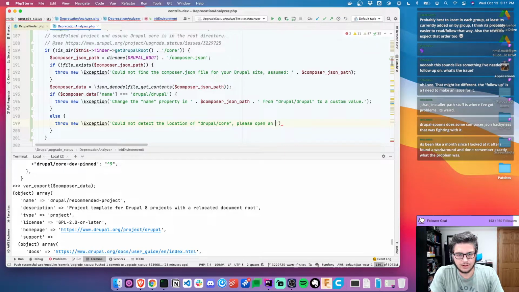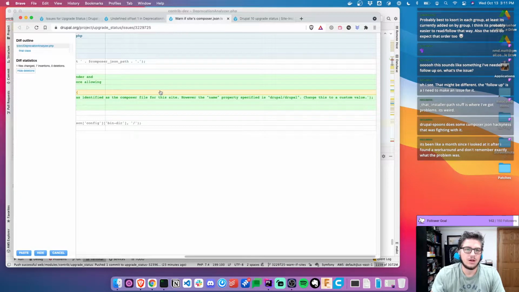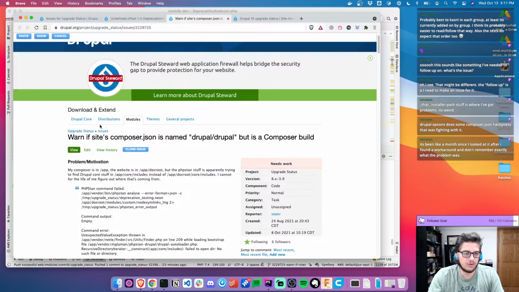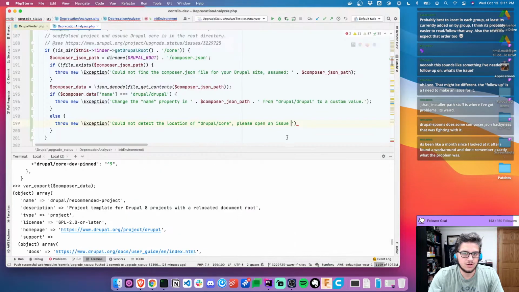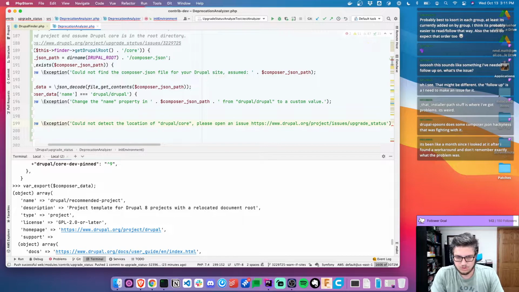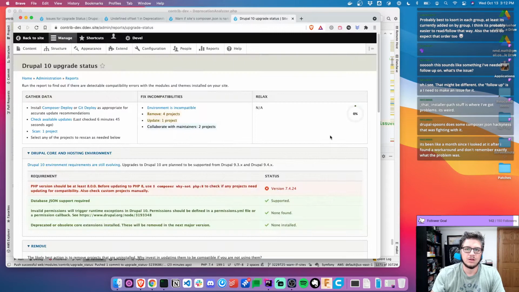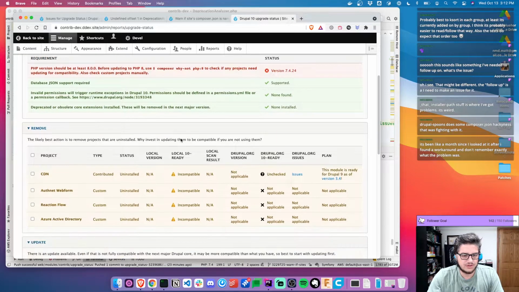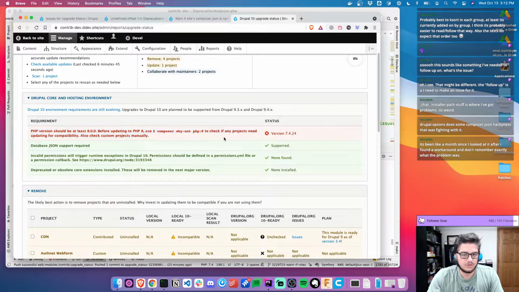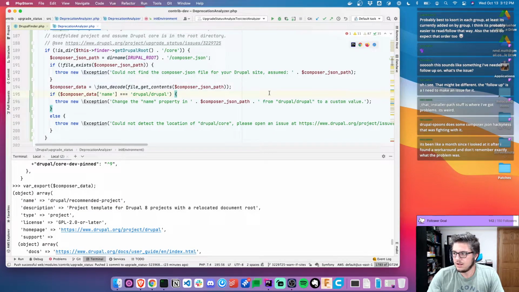Please open an issue. So I think we should say if something weird really happens, we should open an issue. And pre-flight checks, yep, just go to PHP 8. Now,